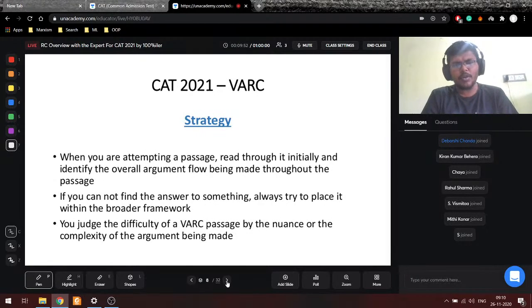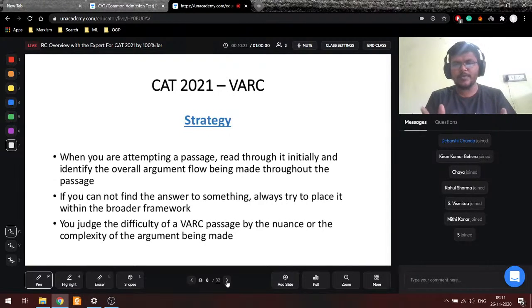So now let's talk about the basic strategy of RC. I would not be going into fine details to improve your performance right now, because if you have 1 year to prepare, you should take your time and understand the things, and then later on, 1 or 2 months before the exam, you start optimizing the finer parts. So for now,